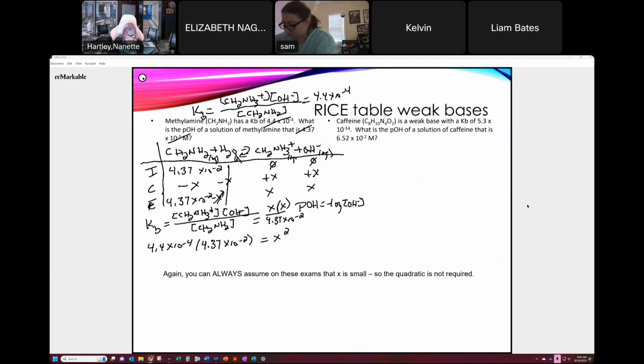So I can do happy math. Yay, happy math. 4.4 times 10 to the minus 4th times 4.37 times 10 to the minus 2. That gives me that X squared, and I've just flipped the equation around, is equal to 1.9228 times 10 to the minus 5th. I then take the square root of both sides. That gives me X is equal to